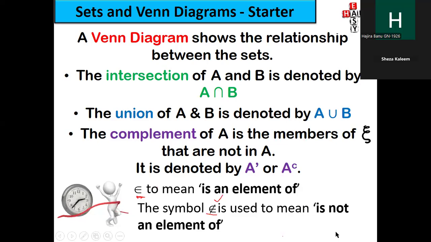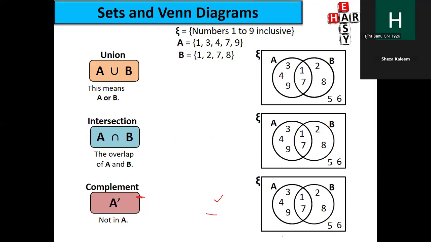Now, you see, we have a universal set here, and in this universal set we have numbers from 1 to 9, then we have extracted two sets. By the way, one thing is also there which is called a subset. I want you to remember this also. What do you mean by a subset? If you see, epsilon is a universal set with the numbers 1, 2, 3, 4, 5, 6, 7, 8, 9.